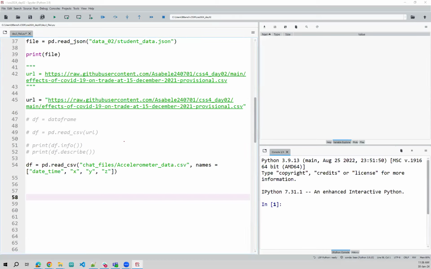Okay, let's look at transformations. So where were we? Student view, and then